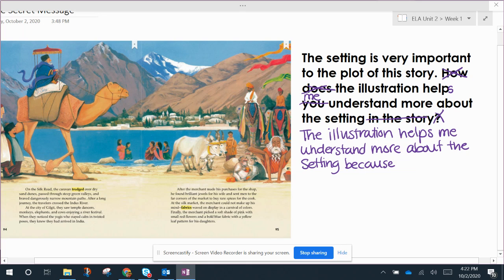Now in this case, I'm going to go ahead and start with looking at the picture. What does the picture help me understand? Well, in this picture, we see lots of mountains, there's water, desert, and there's lots of animals and people. So it tells me that they are traveling through an area that has mountains. It also has a desert. So it kind of helps me visualize where they are. So the illustration helps me understand more about this setting because it shows